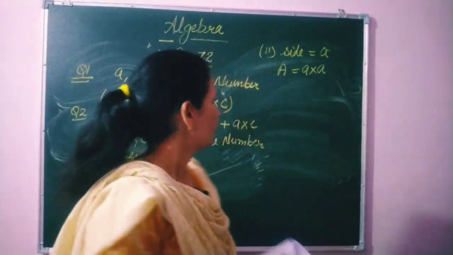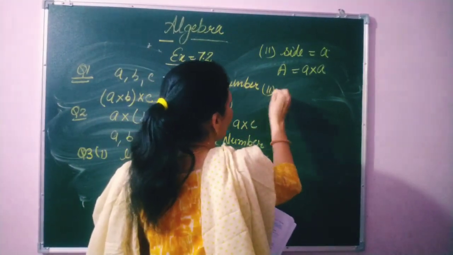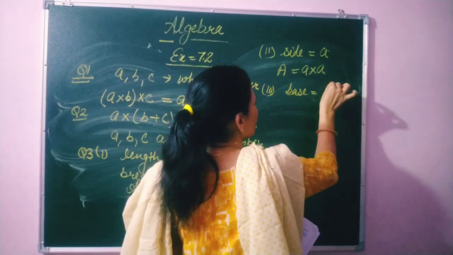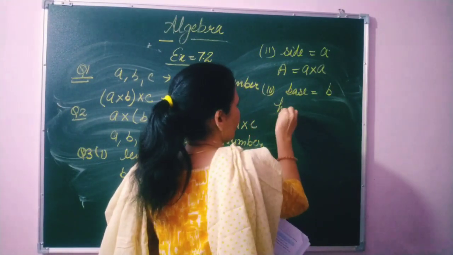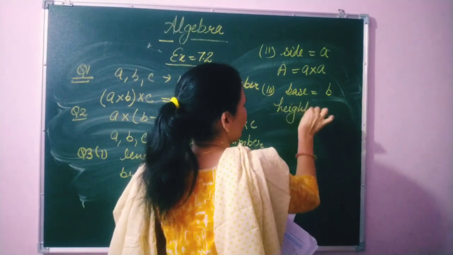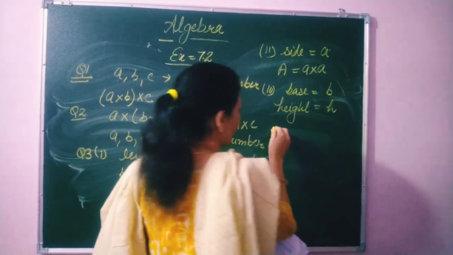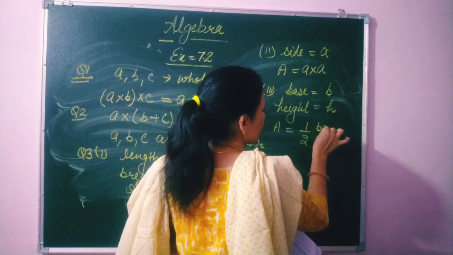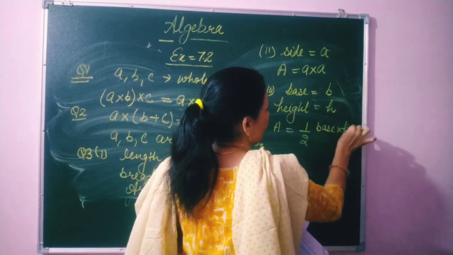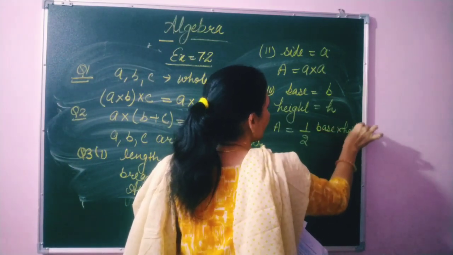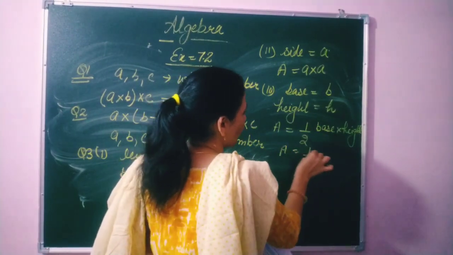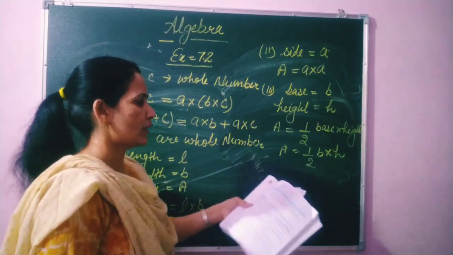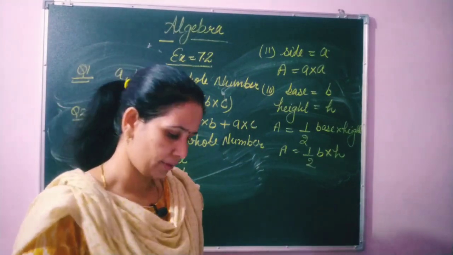Area of triangle. We have to show the area of the triangle. In the area of a triangle, students, we require the base, which we show by B, then the height, which we show by H. And the formula of area is 1 by 2 base into height. So instead of writing this full big formula, in a simple way we can write 1 by 2 base into height. This is the short way to generalize the formula by using algebra.